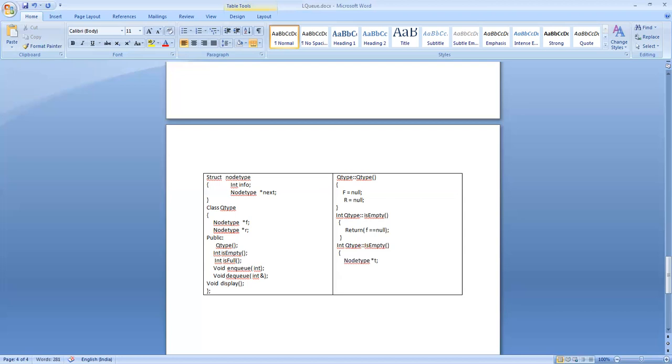Then I set t equal to new node type. If the device is full, then memory will not be given to this pointer variable t.